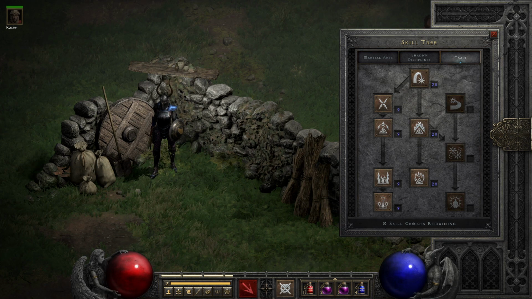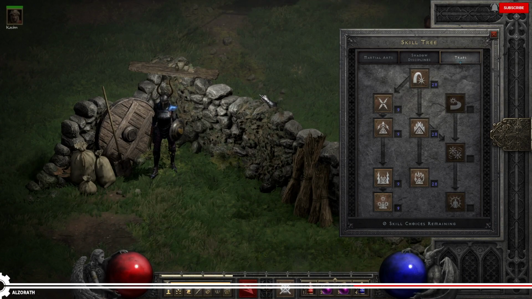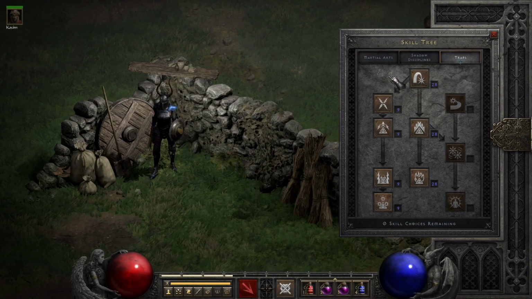Moving on to the fourth class of the skill guide series, we have the Assassin, Mistress of Traps, Martial Artist Extraordinaire, and Queen of the Shadows, not to mention one of the more complex and interesting characters from the roster. Though starting out, let's get some of her more straightforward tools out of the way, starting with the fire traps,